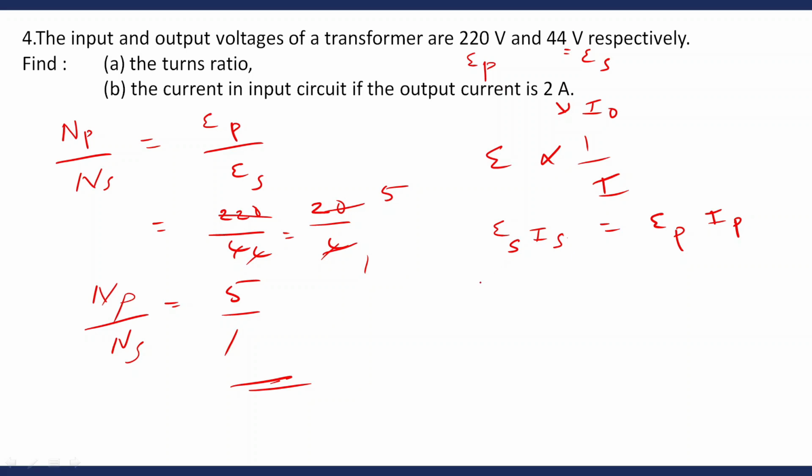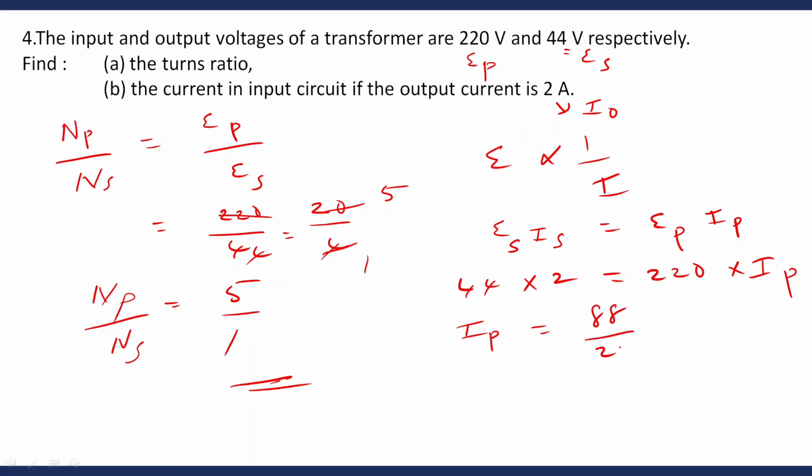Epsilon s is 44, the output current is 2, equal to 220 into Ip. Then input current equal to